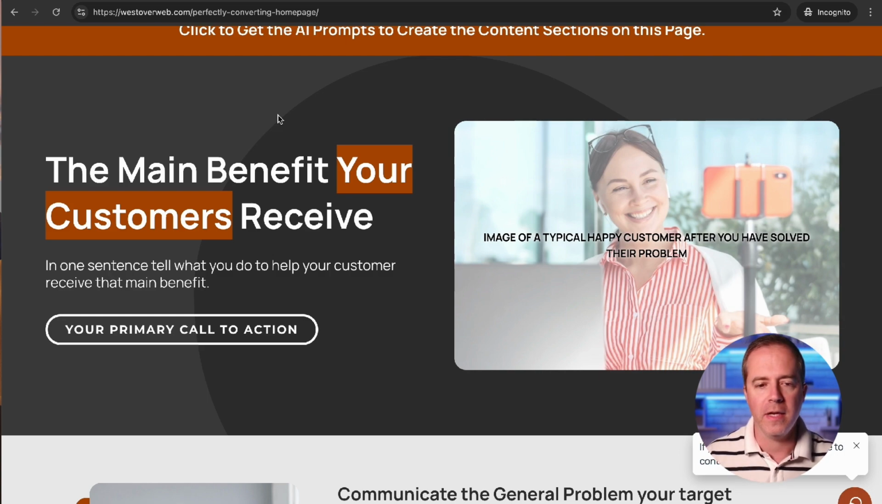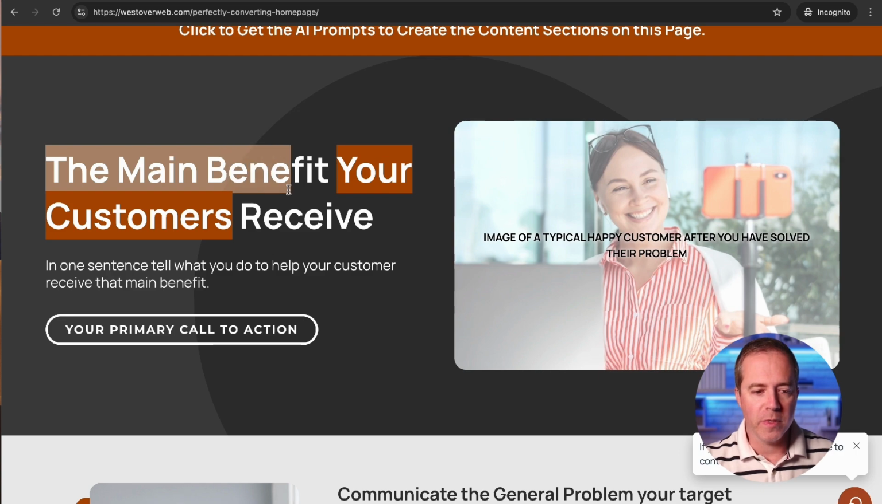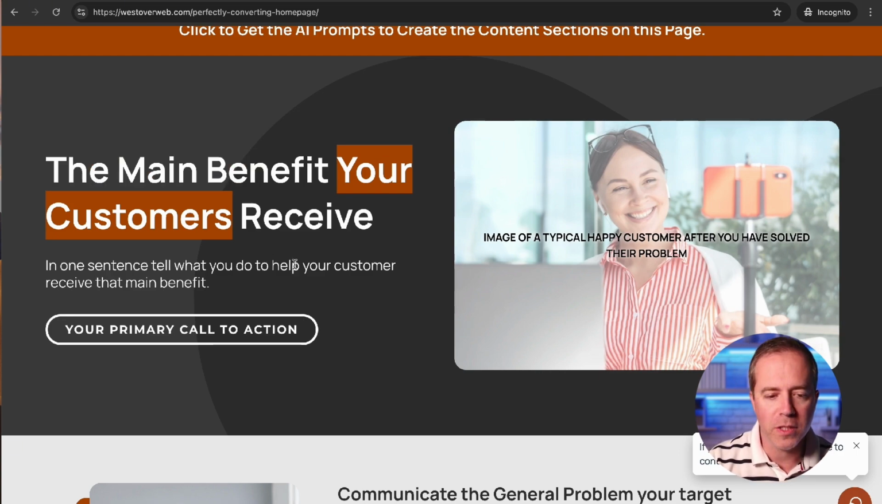Again, the goal here is to present something that's familiar to your users, but also something that informs your users, shows them how your business is going to solve their big pain point. So again, what you want to come up with is the main benefit your customers receive, and then in one sentence, tell what you do to help your customer receive that main benefit,